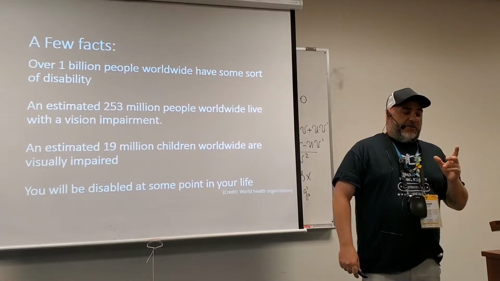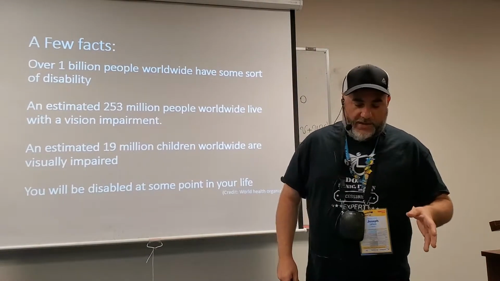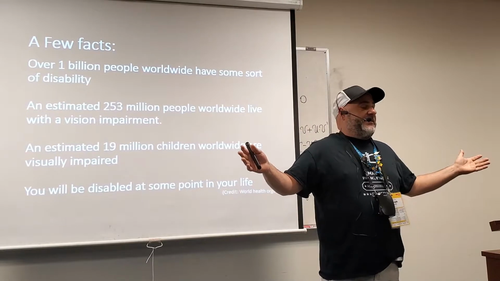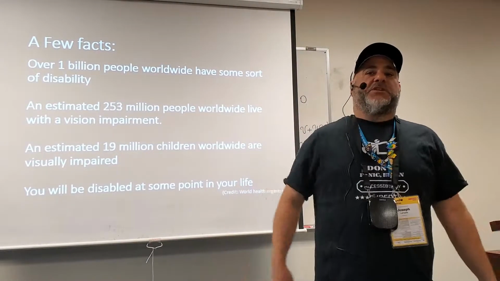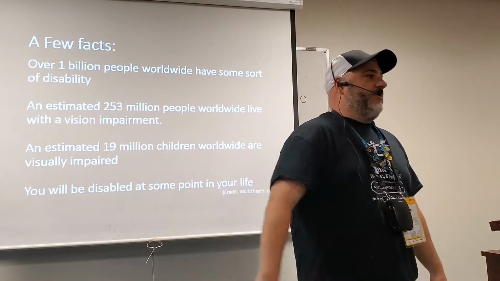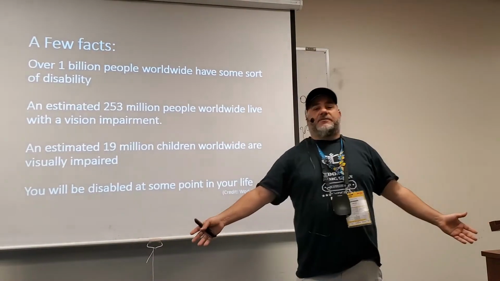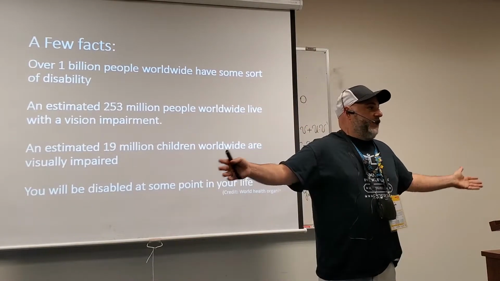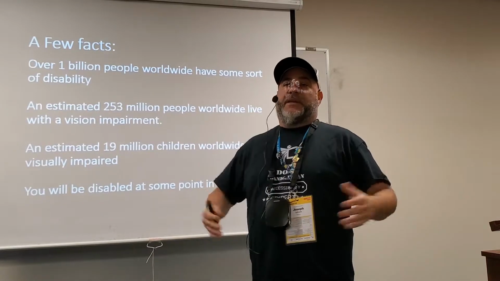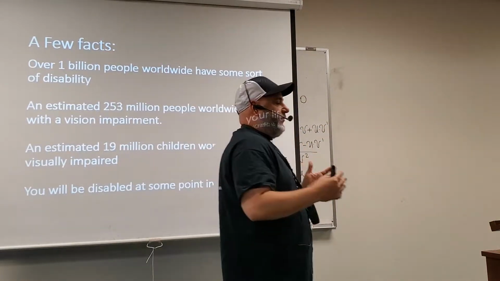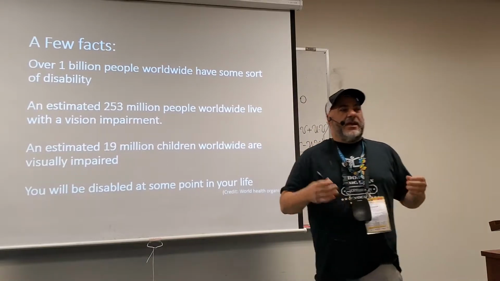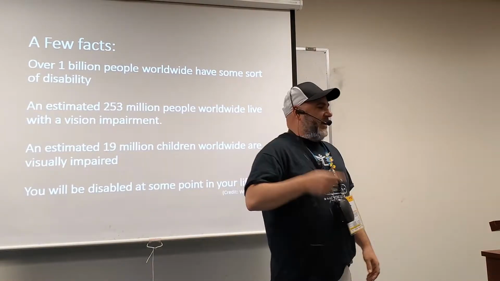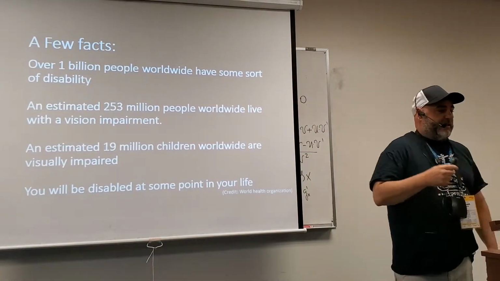I actually met Matt Mullenweg a few years back, and I had asked him about accessibility, and he brought up a fantastic point I had never thought about before. Every single person in this room was born disabled, and will probably, towards the end of our lives, be disabled. And more than likely, somewhere in between the end and the beginning, we'll be disabled. Break an arm, get in a car wreck, be sick, something. This talk is not just for low vision, not just for handicapped people. Every single one of us will be disabled at some point in our lives. And I don't know why I never thought about that, but it was just a light bulb that went on. I was like, wow.